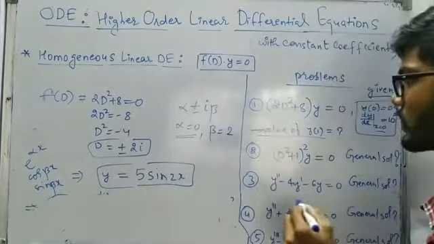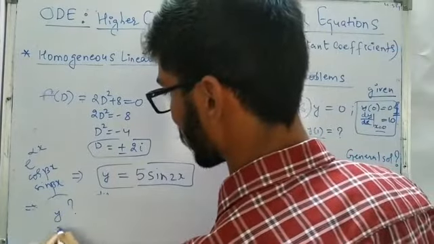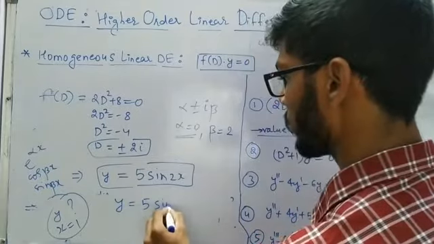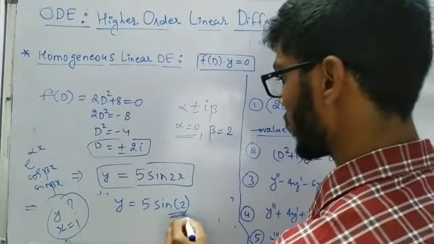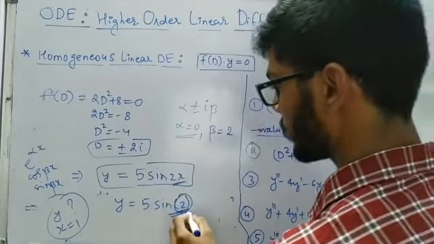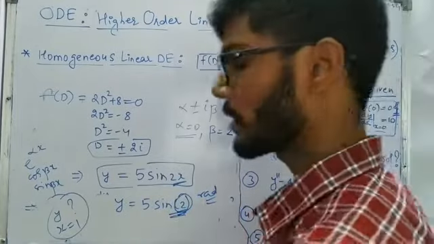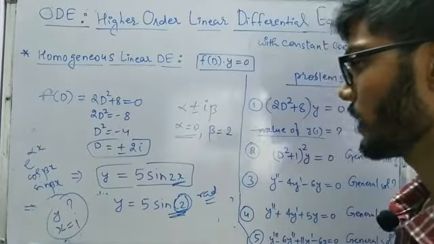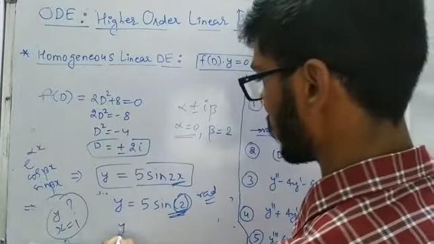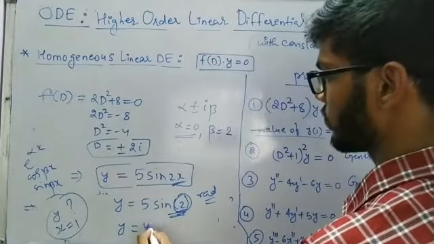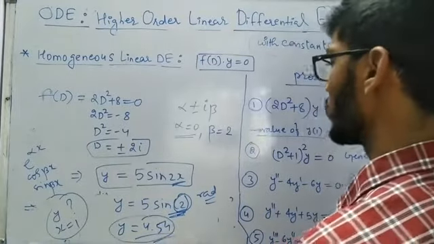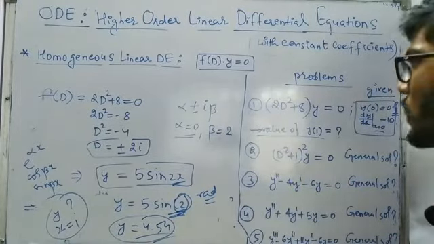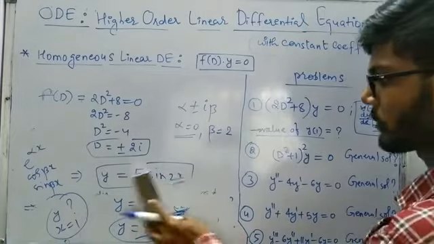And now we are interested in calculating the value of y at x is equal to 1. So that is going to be our answer. So y is equal to 5 sin 2, as x is equal to 1. So 5 sin 2, and also keep in mind those angles inside are in radians. So while making use of GATE calculators, make sure that you are taking the angle in radians. So 5 sin 2 radian. So the answer we are going to get is 4.54. So this will be the solution of our question. This type of question can be asked in the numerical type. So let's have a look at problem number 2.